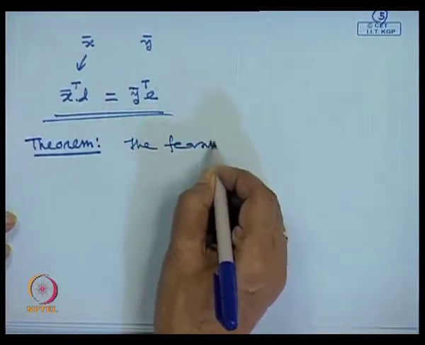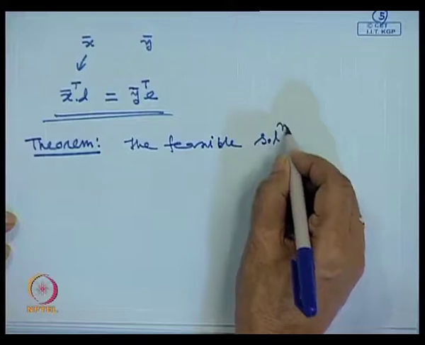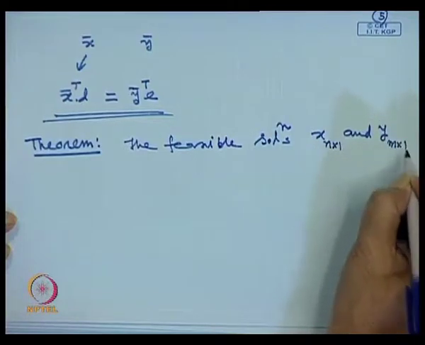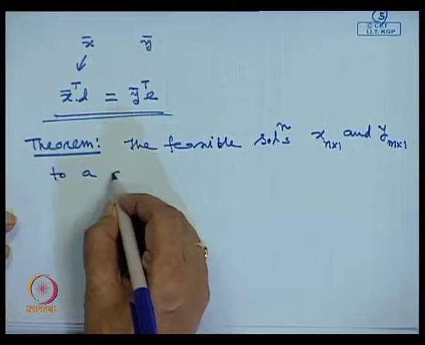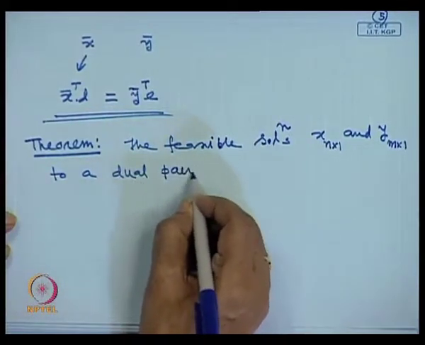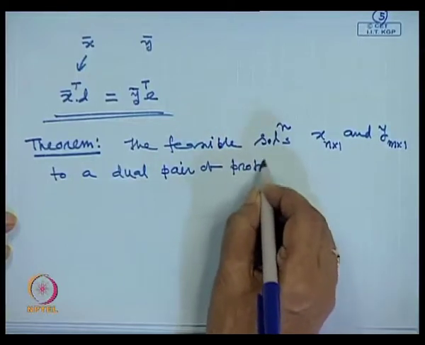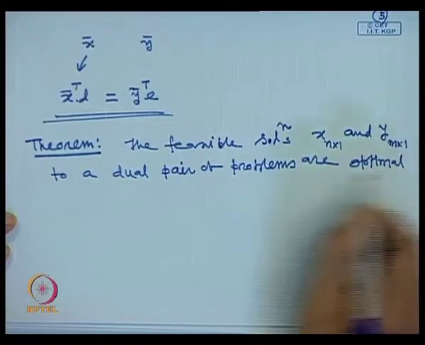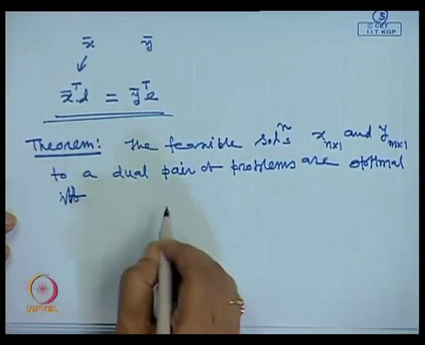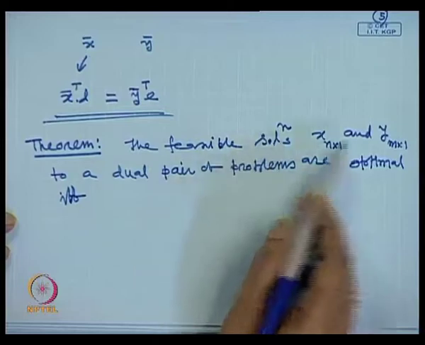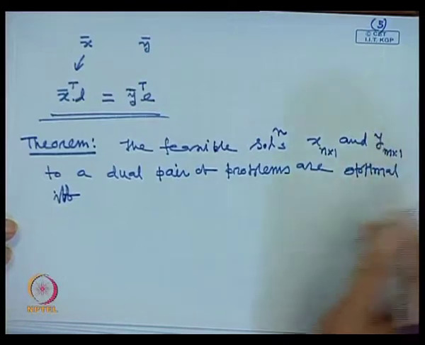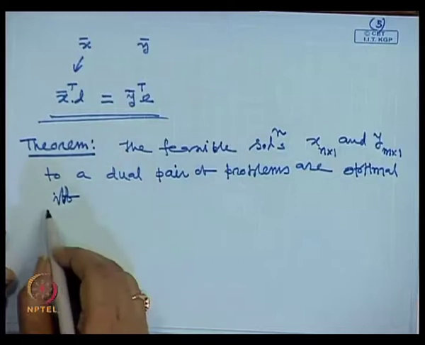we can write it now: the feasible solutions x and y to a dual pair of problems are optimal if and only if, that is, necessary and sufficient condition, the feasible solution x corresponding to the primal problem and y corresponding to the dual problem, a dual pair of problems, are optimal if and only if